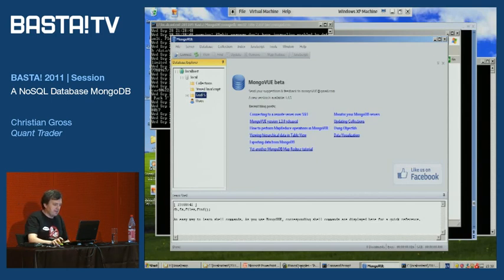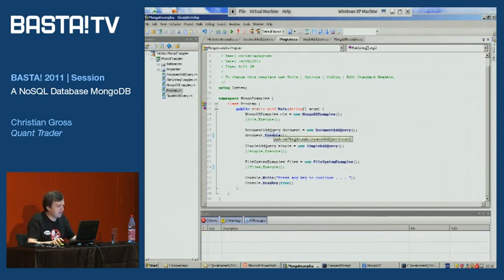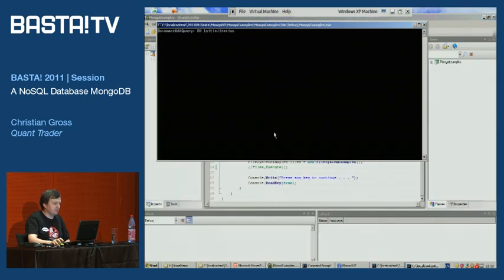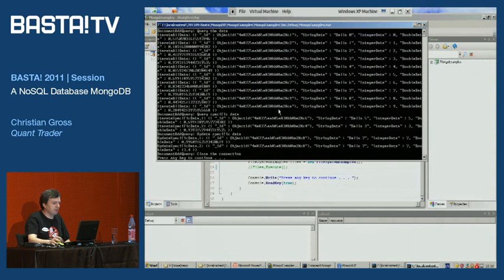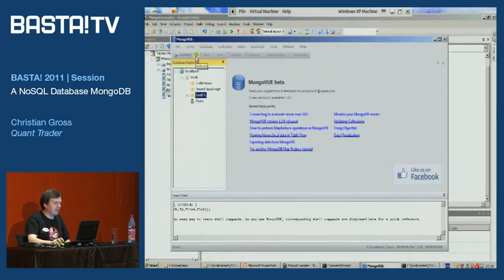All right. So let's go in, and let's take a look at some samples. What I want to do is create the simplest of examples. Let me just run this code, okay? I'll talk about it in a second. There we go. Let's look at MongoView, and let's see what has actually been created.